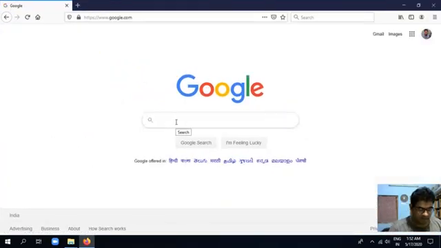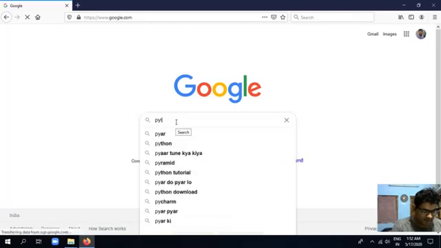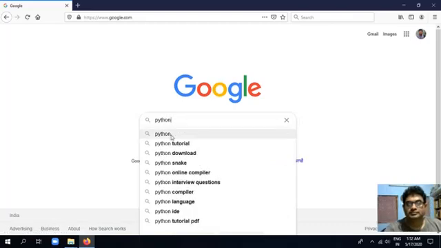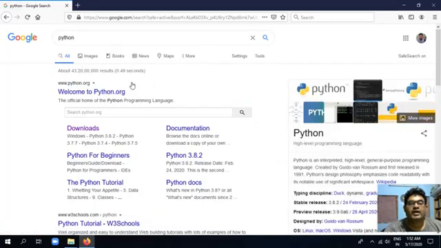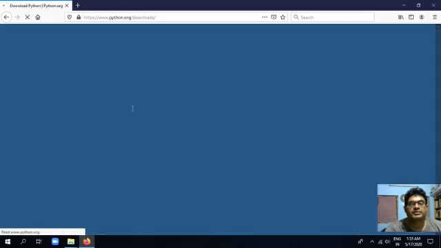Now, here we type Python. Now, automatically we see that we are getting the Python site. So here we go to the download section.